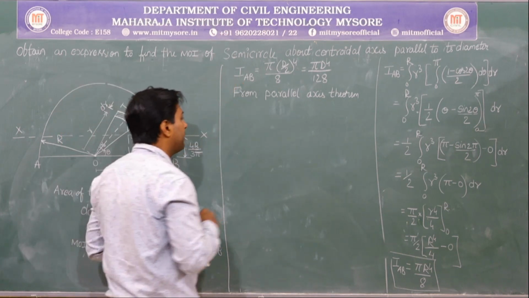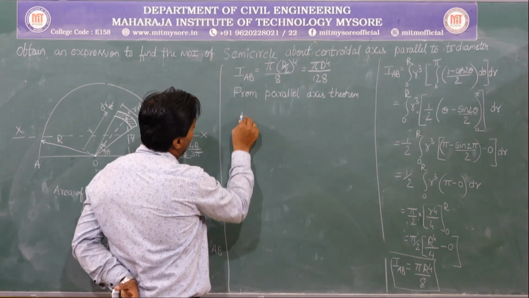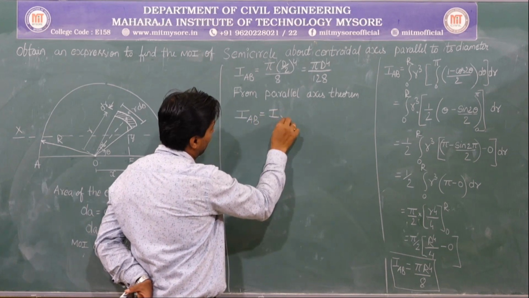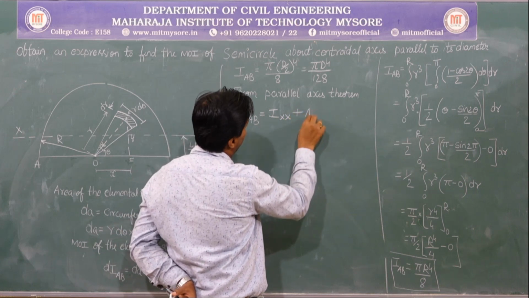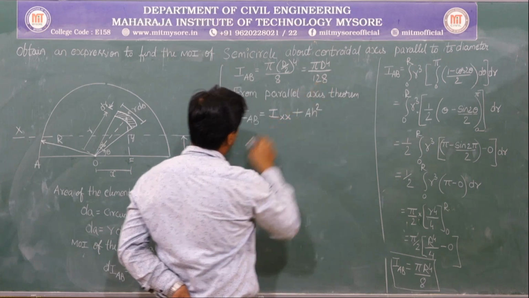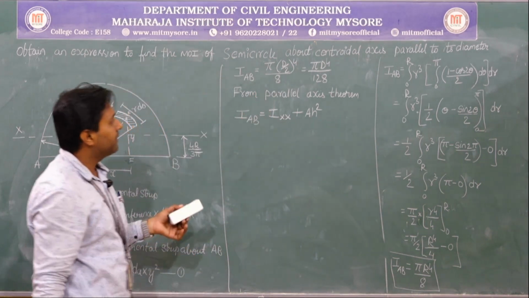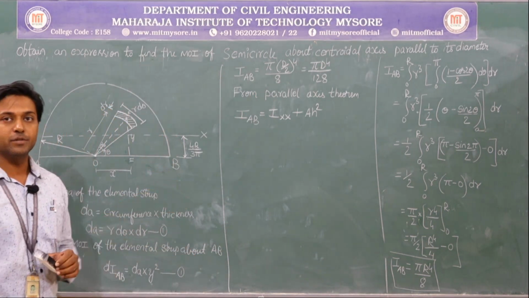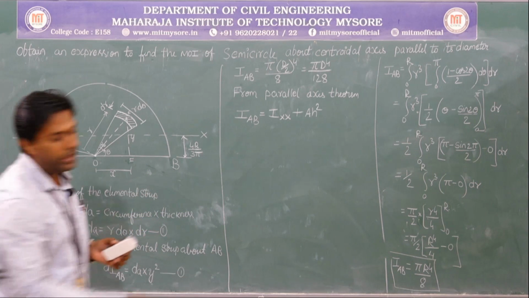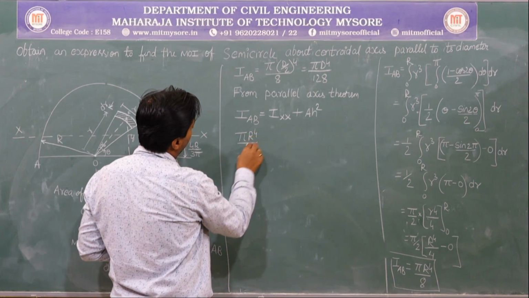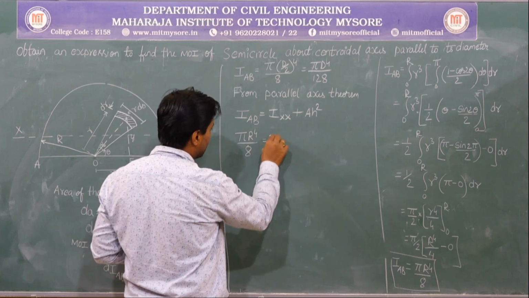So for that reason, IAB is equal to IXX plus A h square. IAB I have just now calculated. Even though I have calculated it in terms of diameter, I will be substituting it in terms of radius itself. So now it is pi r to the power of 4 by 8 is equal to IXX,